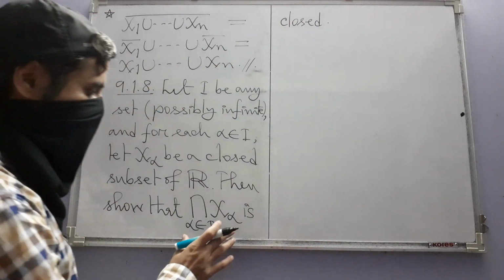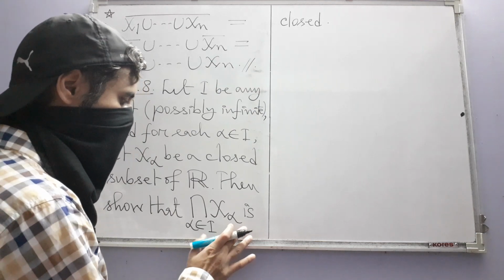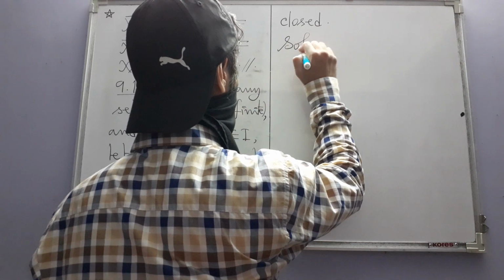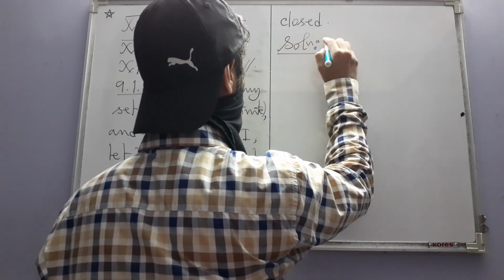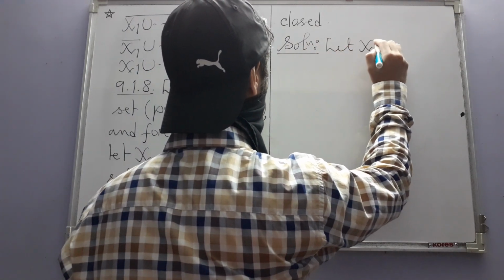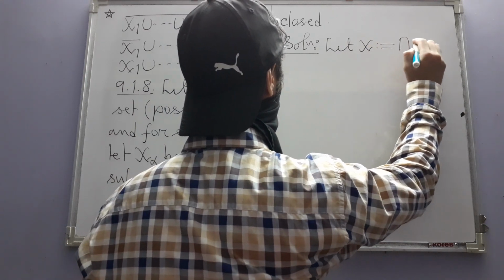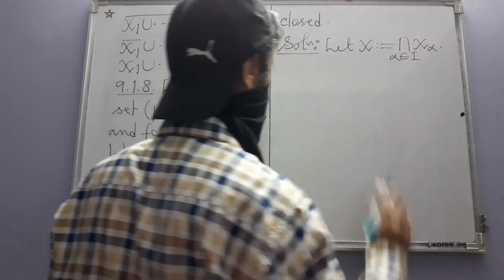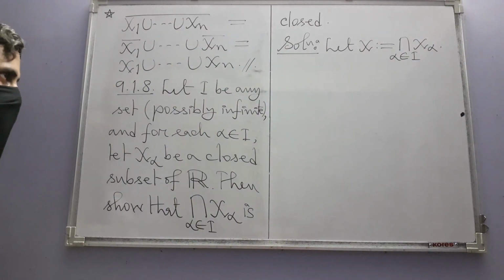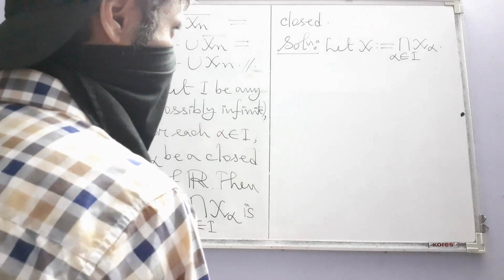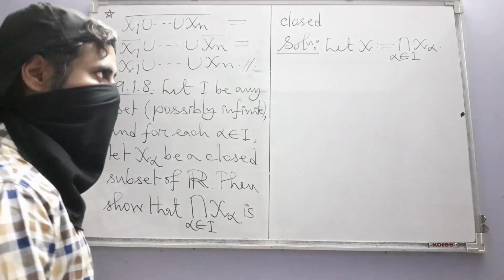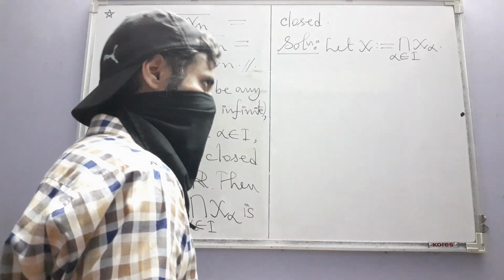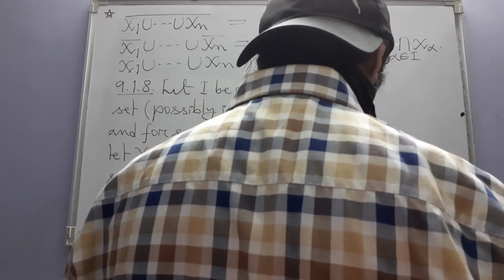Okay, because it is somewhat cumbersome to keep writing this notation, so let's give it some name. Let us call it X. Okay. Now, what is it that we have to prove? We have to prove that X closure is equal to X. That's what implies closedness,